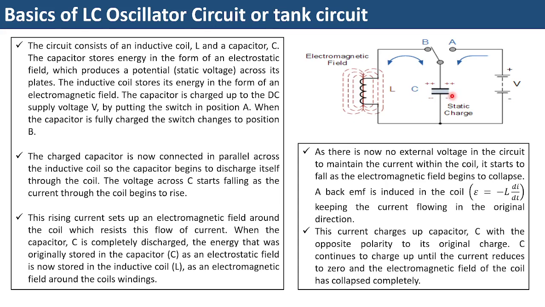All right. Now once this capacitor is fully charged, we disconnect this connection A and connect this switch, or the knob you can say, to B. All right. Now once it is connected to the end B, now this high tension battery is disconnected altogether from this circuit, and we have got only a capacitor connected across an inductor.